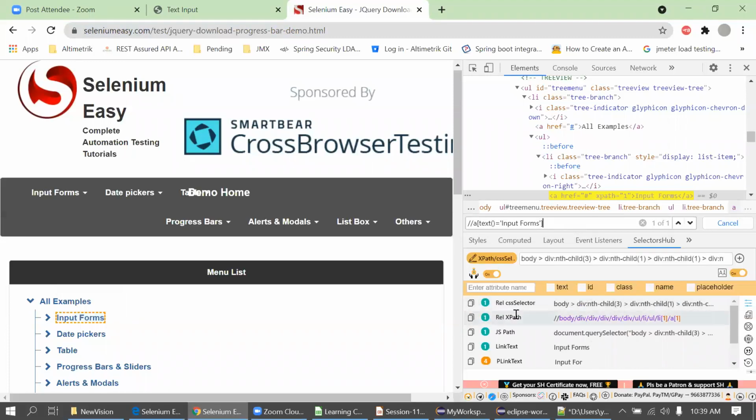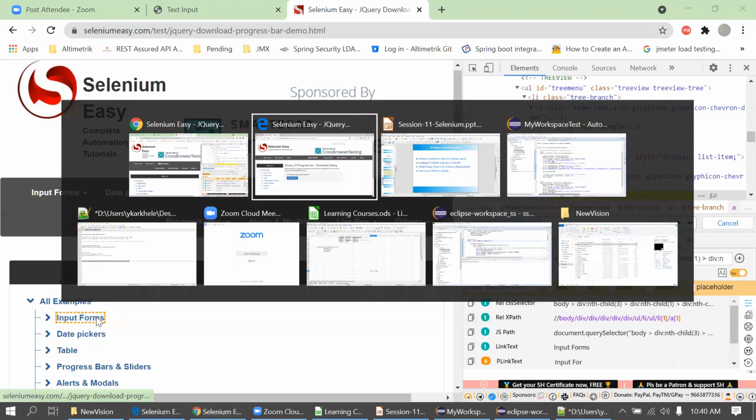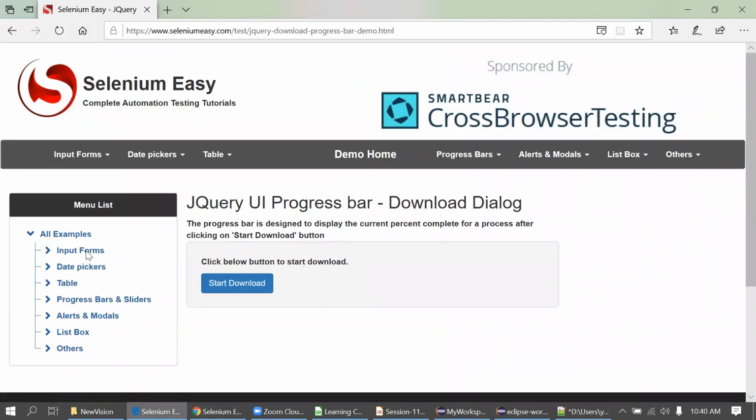Now here you can see we are getting a relative XPath as body div this. This is not a correct XPath, so we cannot rely on this tool. That is a good example here. Okay, so I have created my own XPath that is not going to change in any case. Suppose this is my XPath. So now I have to create an XPath for this same option here.